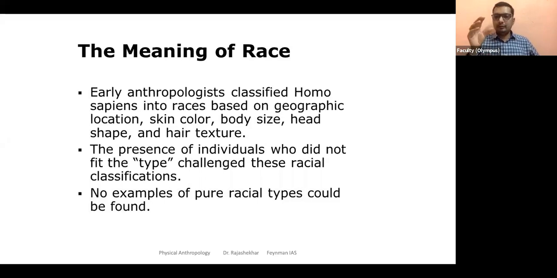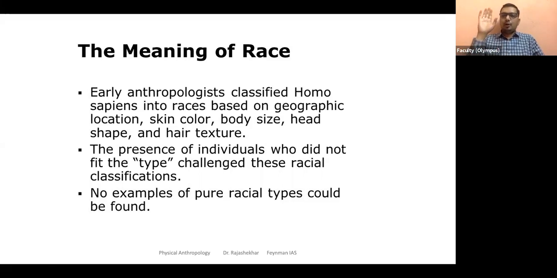even measuring and quantifying those characteristics, and showing the presence of individuals who did not fit the type. When the anthropologists classified them, some people might not have fit into that category. They started challenging them. A type of debate had begun. People who didn't fit the criteria started questioning the validity of the race concept, because this classification did not satisfy all the requirements of different groups. And we may not be able to find pure racial types,